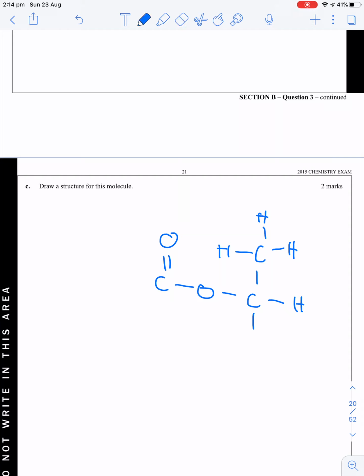So I've got a carbon that's surrounded, and I'll draw the full structural formula so it's consistent. So I would personally draw it like this and then just have another CH3 coming off at this end,